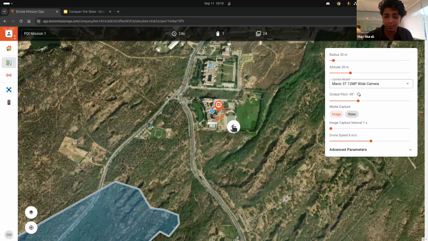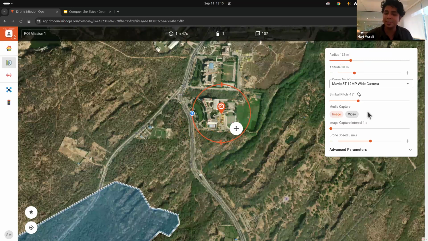So you can choose to roughly place it at the center of the school, and you can tweak the radius to ensure that the entire school is captured. Right, this tells you the direction that the drone is going to fly, where it's going to start from, etc. And since this requirement was about the client asking for a 360 videography,